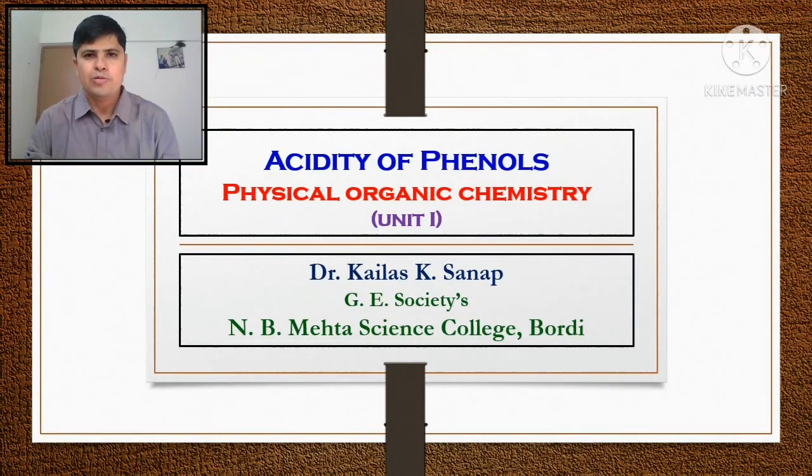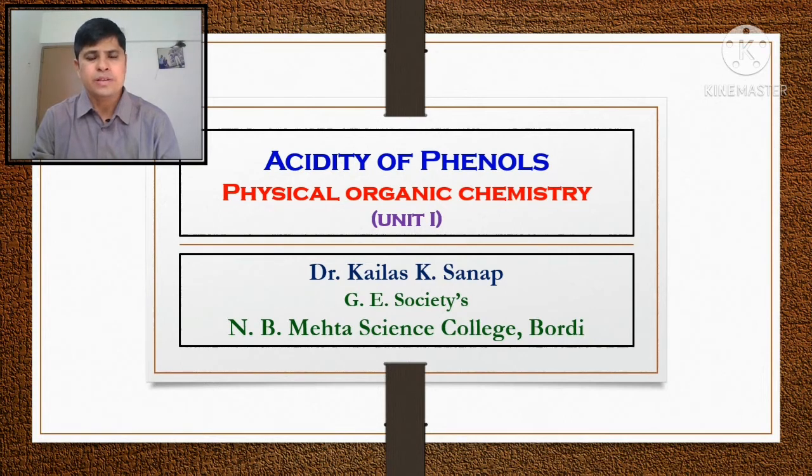Hello, good morning, students. In today's lecture, we are going to discuss the acidity of phenols. Why are phenols acidic in nature? Then we will compare the acidity of phenol with alcohol and with carboxylic acid. Then we will see pK values for different types of phenol, and how an electron donating substituent and an electron withdrawing substituent, if present in the aromatic ring, affect the acidity of phenol. This is what we have to see in today's lecture.